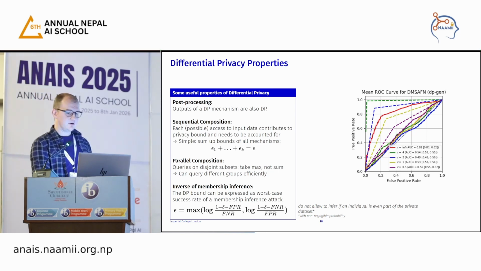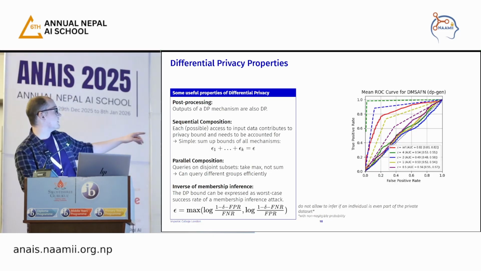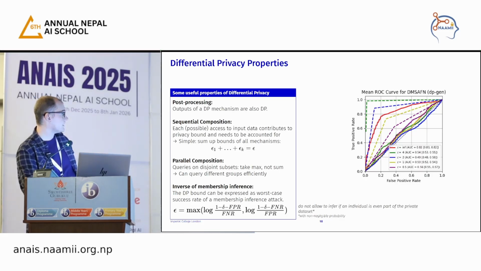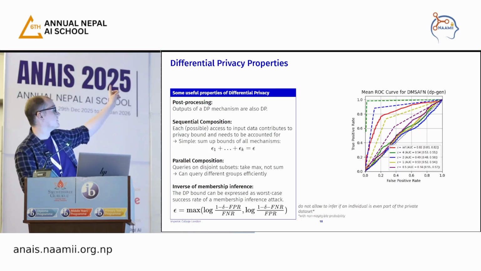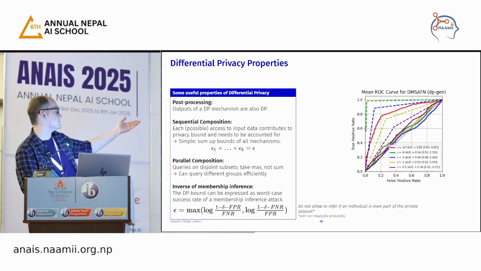So what that means is if we look before at the, okay, that's too far away, but anyways, if we look at the sort of area under the curve plots, here we might have a sort of curve like this. What differential privacy gives us are these upper bounds of how far to the left the plot can possibly go, right? So for example, for the yellow bound, it's dependent on the epsilon. The lower the epsilon, the more the bound goes towards random guess, so towards the middle. For example, the yellow bound here that is given by epsilon equals 1